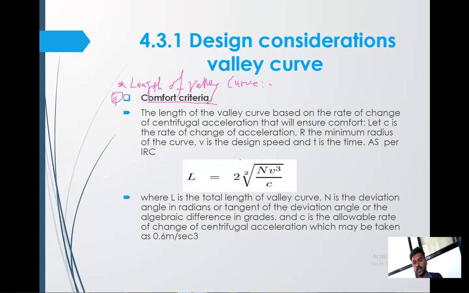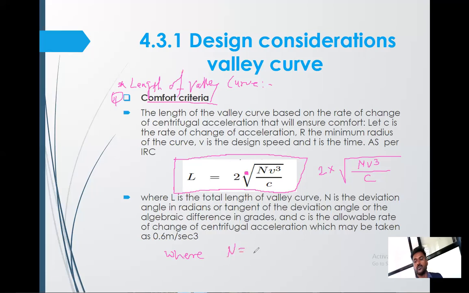For that, write down the formula for length of valley curve. L is equal to 2 into square root of NV cube divided by C, where